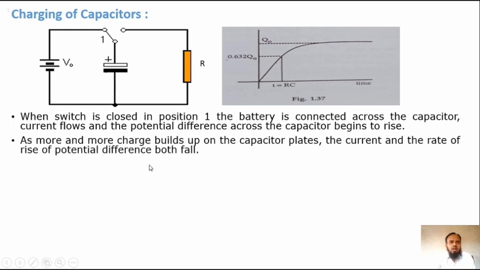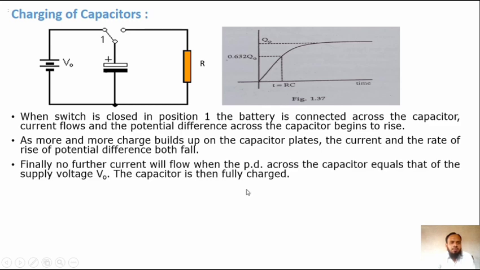As more and more charge builds up on the capacitor plates, the current and the rate of rise of potential difference both fall. Finally, no further current will flow when potential difference across the capacitor equals that of the supply voltage V0. The capacitor is then fully charged,